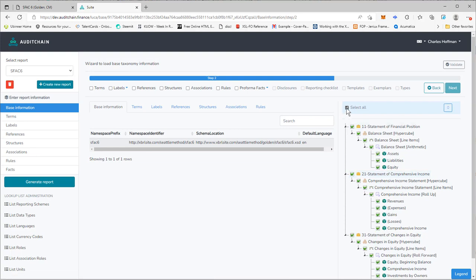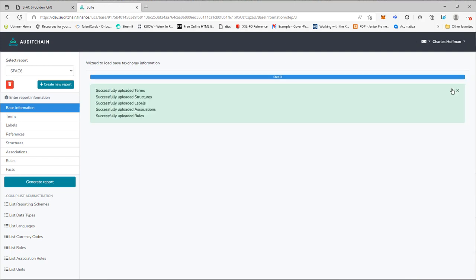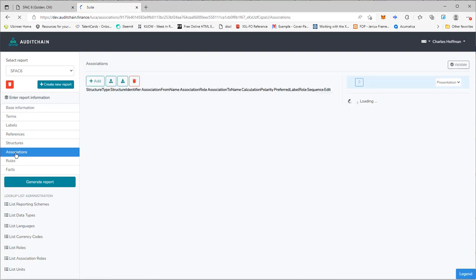So I'm going to select all of that. I'm going to import the associations and the rules. I'm not going to import the facts. I'll show you why in a second. I could, but I'm not going to. So I'm going to import that, and they've all been imported. So you can go look at what was imported,